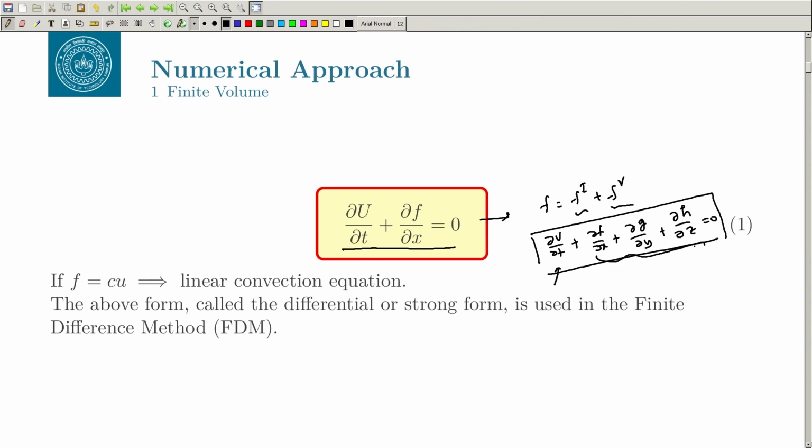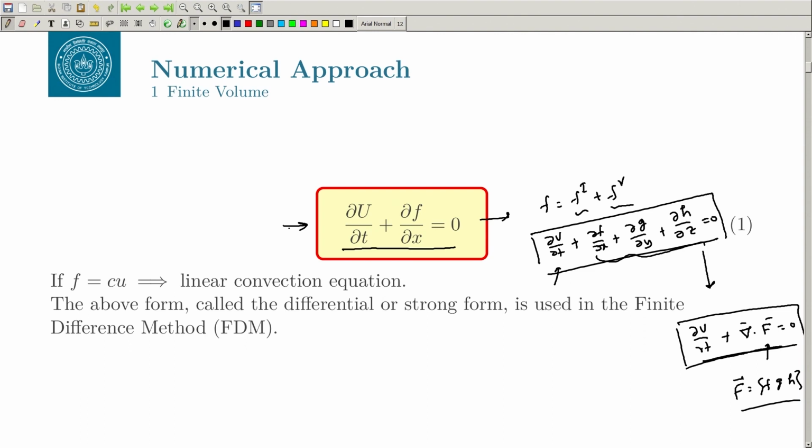Okay. In fact, you can write this entire thing as del u by del t plus del dot f equal to 0, where f is now a vector which consists of f, g and h, right. So, we will see that this form is very useful when you want to cast a finite volume. Okay. Now, when you basically discretize the equation as it is, like you have this differential form and you discretize